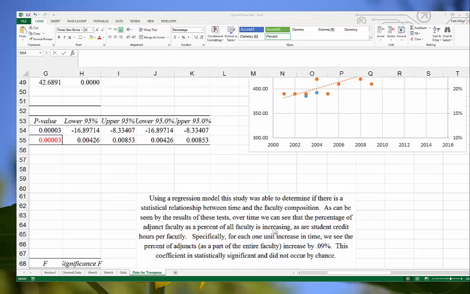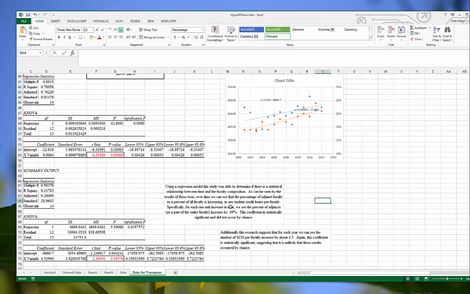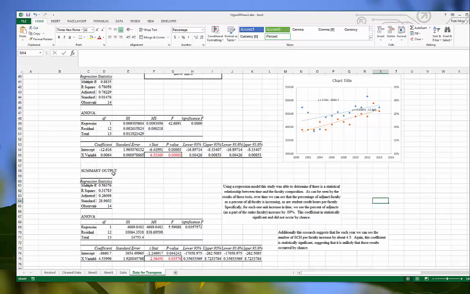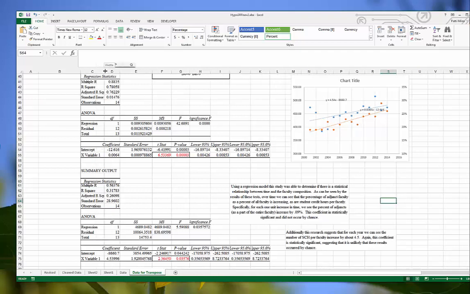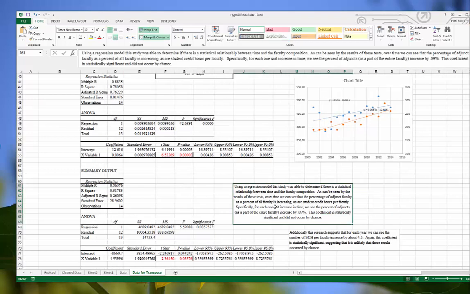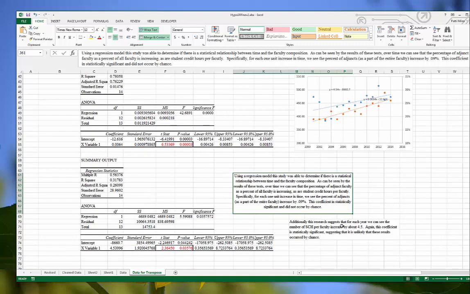I didn't have that in there, but let's just take a step back here and take a look at what we have found. Sometimes when we run the regression, some of the output can be a little, okay, so what does this exactly tell us? I tend to like to use this interpretation that for each 1 unit increase in the x variable, whatever that is, time in my case, we see a coefficient increase in the y variable. So another one in this little practice problem, or my little research study,